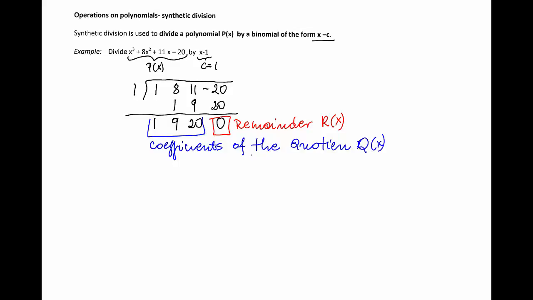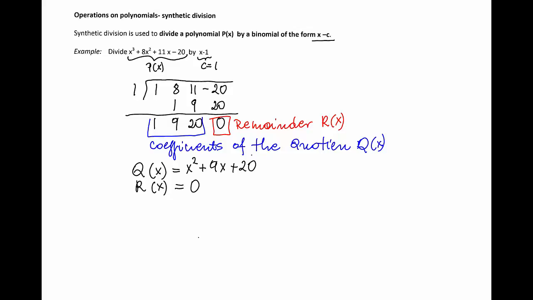Quotient written in a standard form. Therefore, we can say that q of x, since I have 3 coefficients, is a polynomial of the second degree. Q of x is going to be x squared plus 9x plus 20. And the remainder, r of x, is 0. Therefore, if we use the regular